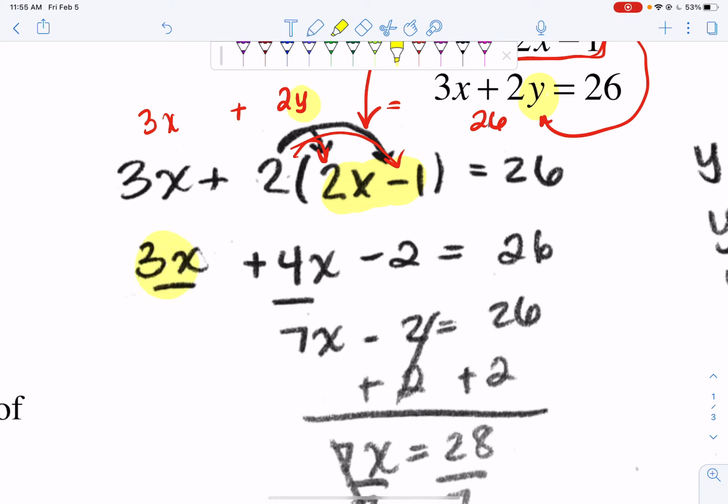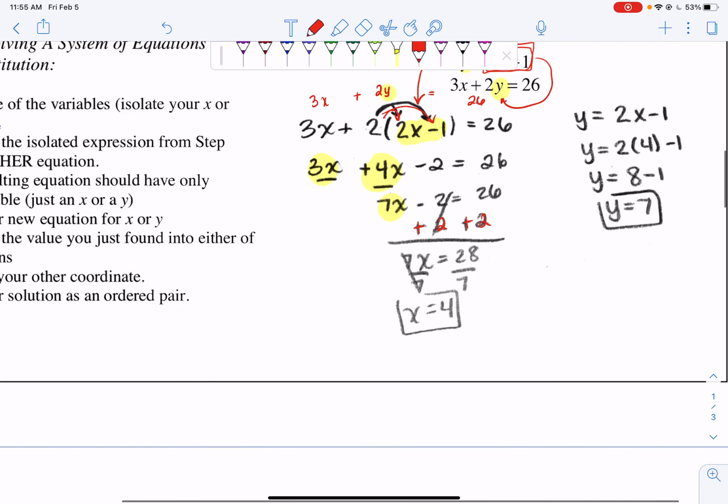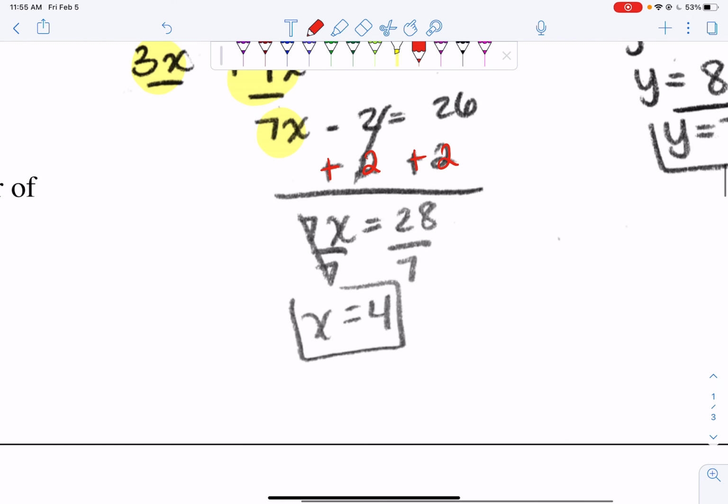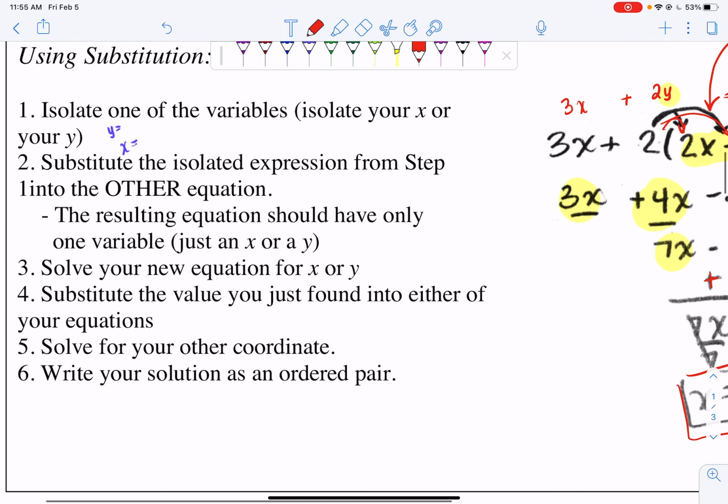What I then do is I combine my like terms. 3x plus 4x is 7x, and then I get 7x minus 2 equals 26. Only way to get rid of my minus 2 is to add 2 to both sides of my equation, and then I get 7x equals 28, and then I divide by 7 and get x equals 4. Now that I solved for x,